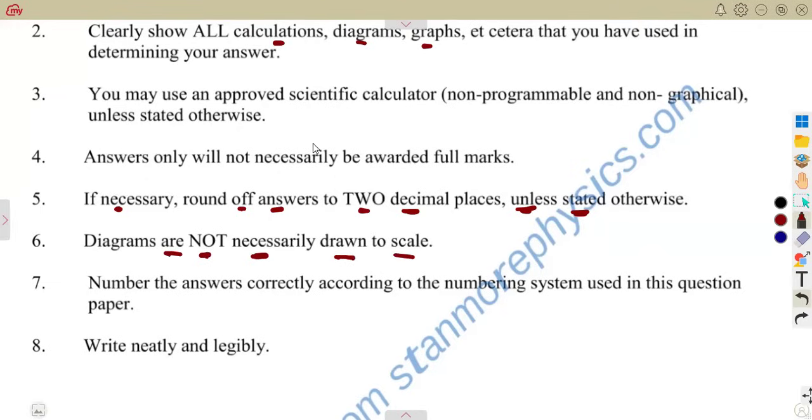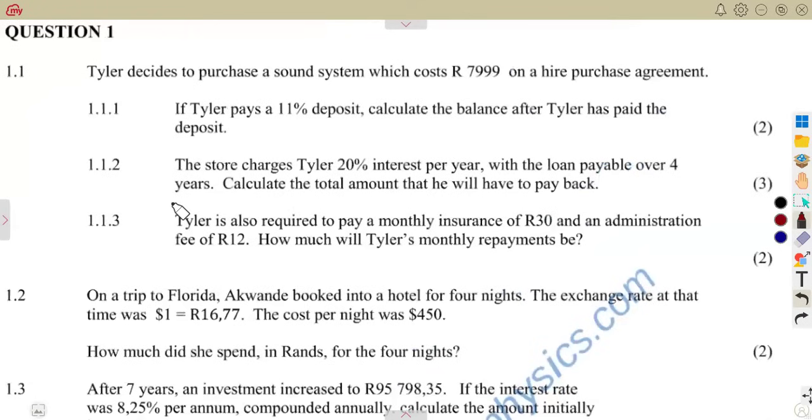Meaning to say, whenever you're answering your questions, do not measure the diagrams. They are not necessarily drawn to scale. They are just there. It's just a diagram. Do not measure any dimension that you're given there. So we're going to quickly rush through our questions so that we see how we're supposed to attempt these typical